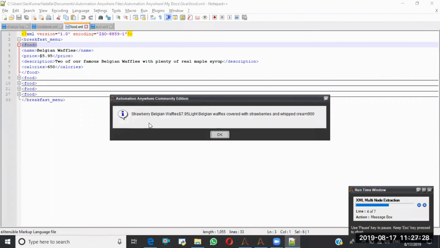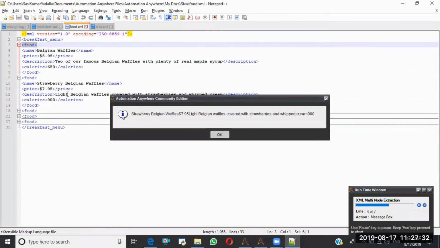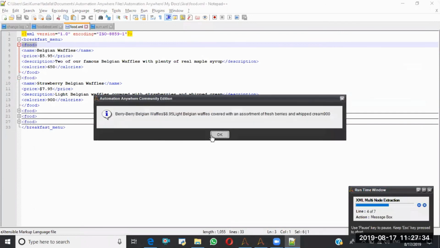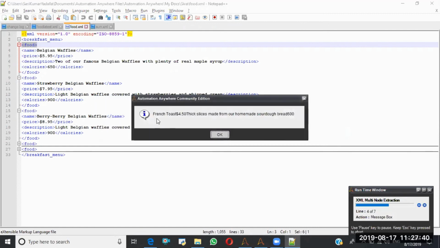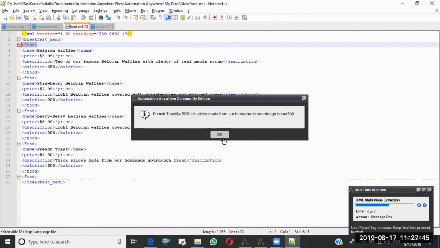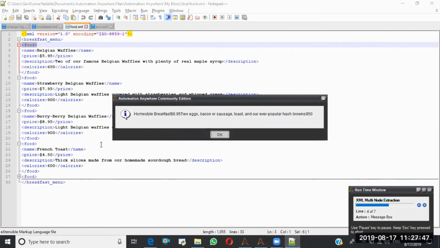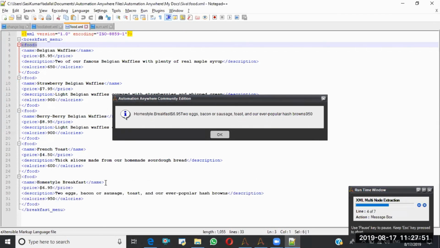Next, strawberry Belgian Waffles. See, strawberry Belgian Waffles. Next, berry berry. See, here also berry berry. Next, French toast. French toast. Next, last one, home style breakfast. And also we are getting home style breakfast.